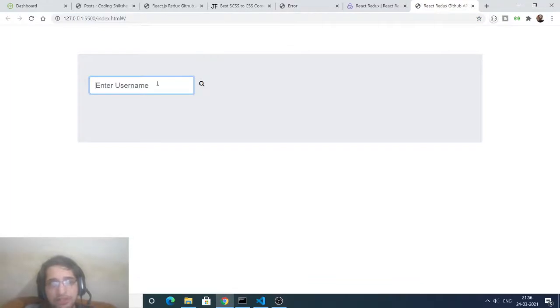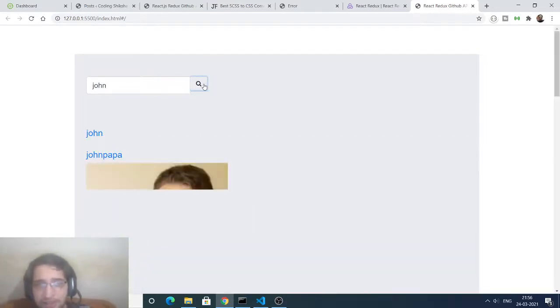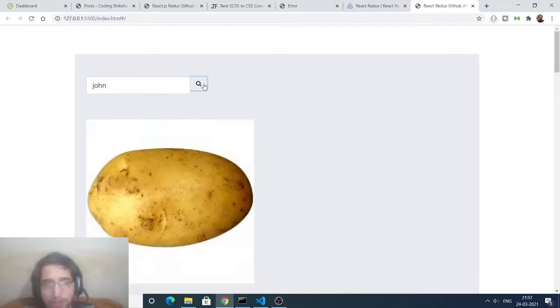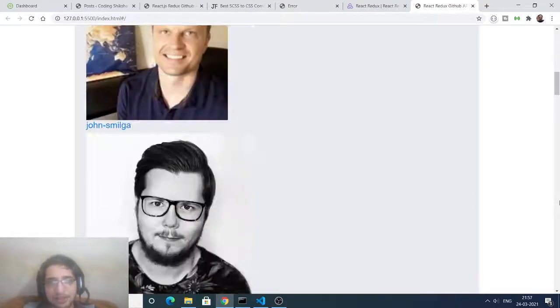Now you will see an input search field where you can search any sort of username. Let's suppose I search here for John, and if I click search, you will see it lists all the usernames which contain the characters John in them.